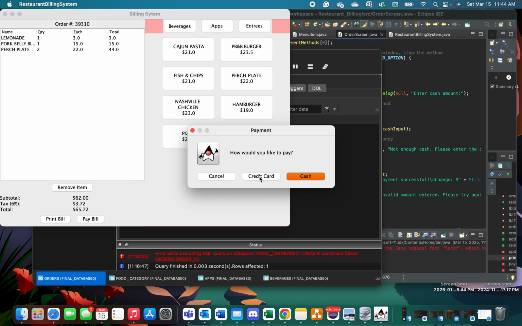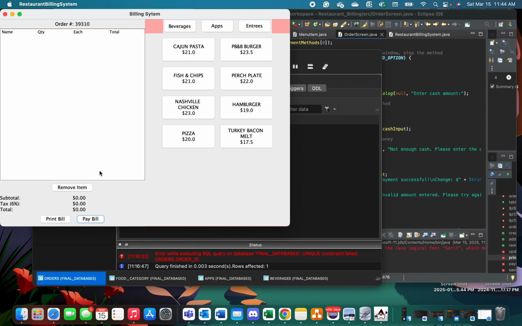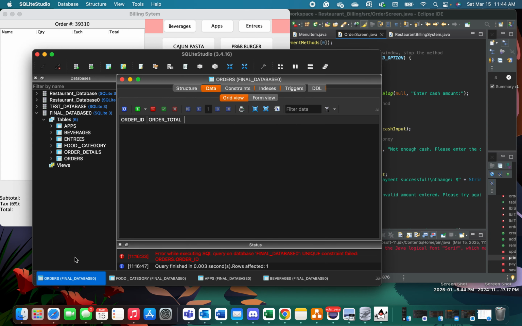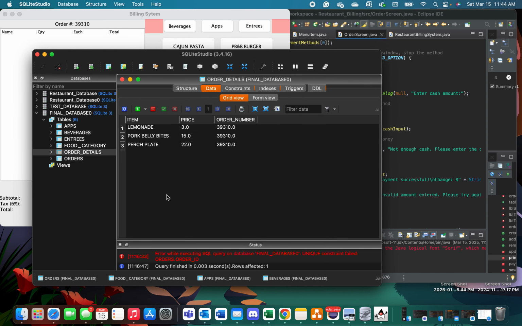We don't have a credit card machine, so if I click on that, it'll say processing credit card payment, payment successful, thank you, and then it will clear that order. Hopefully, it is stored in the database. Okay, yeah, so we had the lemonade, pork belly bites, perch plate,